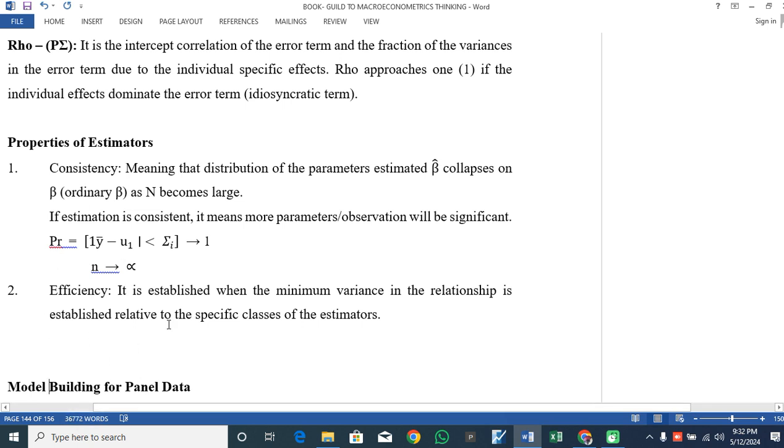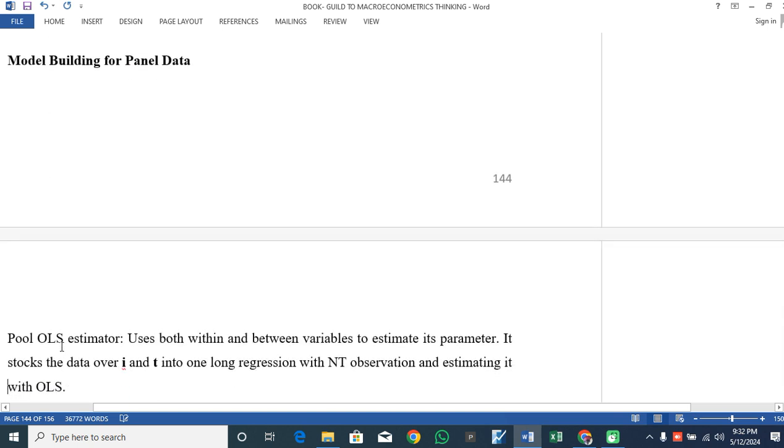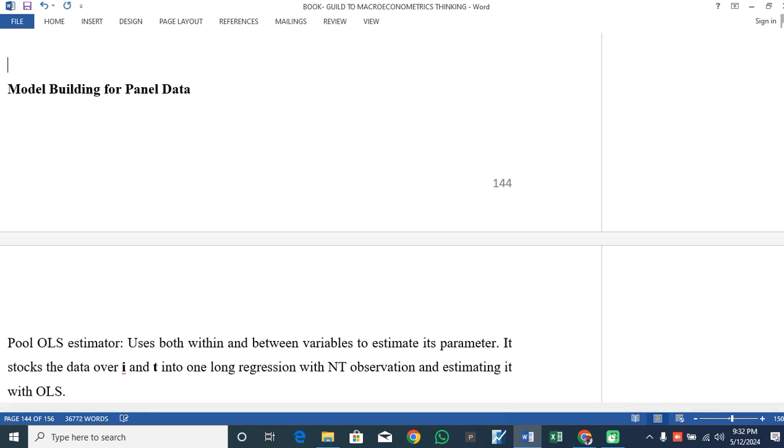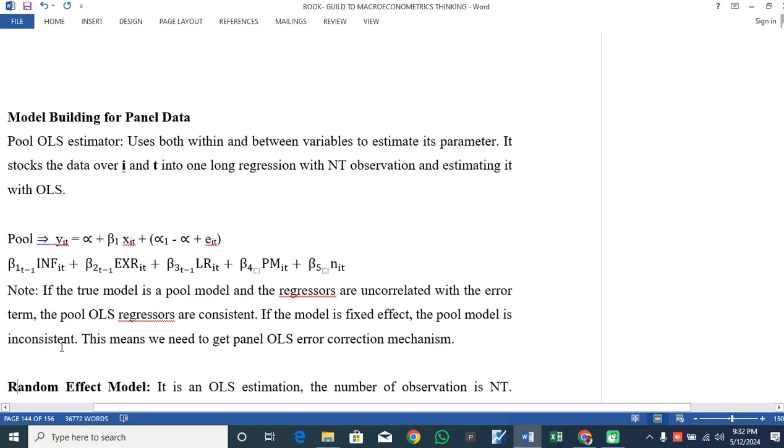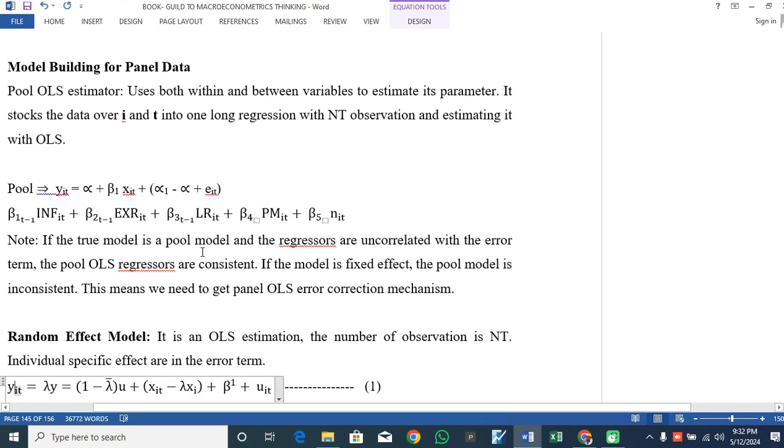Another characteristic of a good property or estimator is efficiency. It is established when the minimum variance in the relationship is established relative to the specific class of estimators. So basically, these two characteristics are found in panel data estimation or analysis, and we need to work on them whenever we are working on estimation in panel data regression. The model building for panel data is where we are going to wrap up today's class,